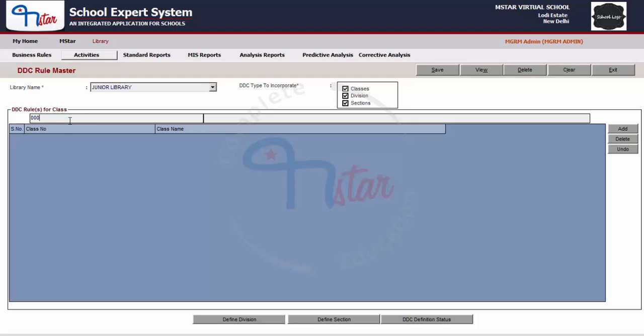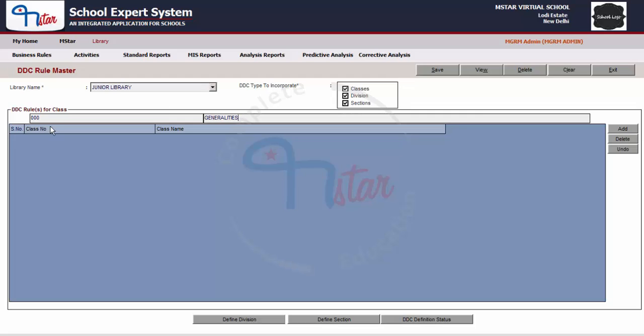In this field of class number, you can enter up to 100 characters and both text and numbers can be added. Only special characters such as dot, comma, dash or front slash can be entered. Now enter the class name above the column class name. You can enter maximum 250 characters in this field. Both text and numbers can be entered and special characters, comma, dot, slash and dash are allowed.